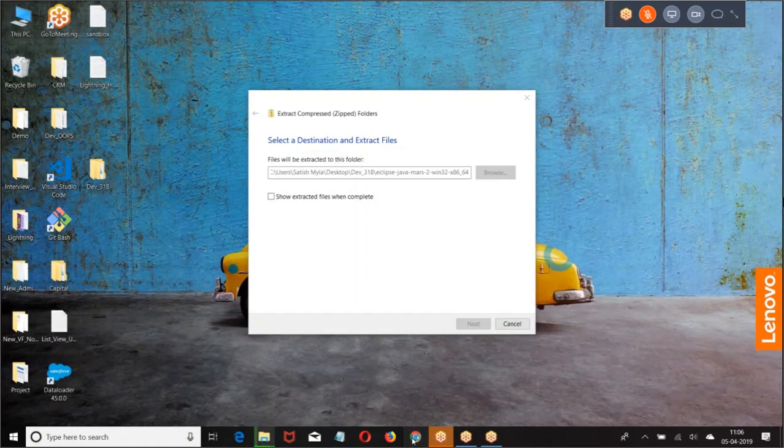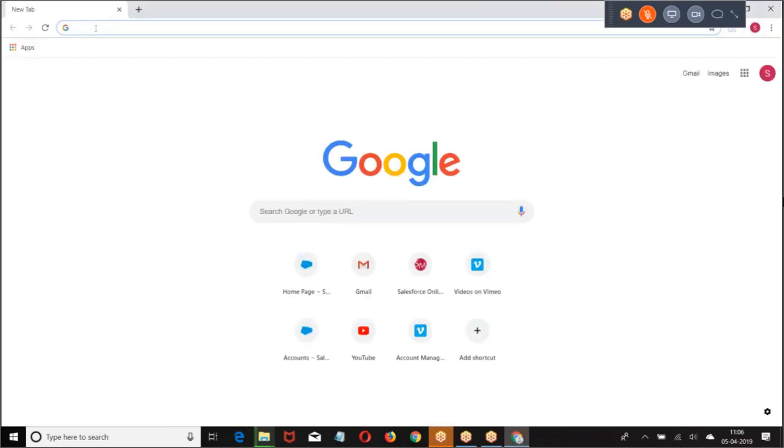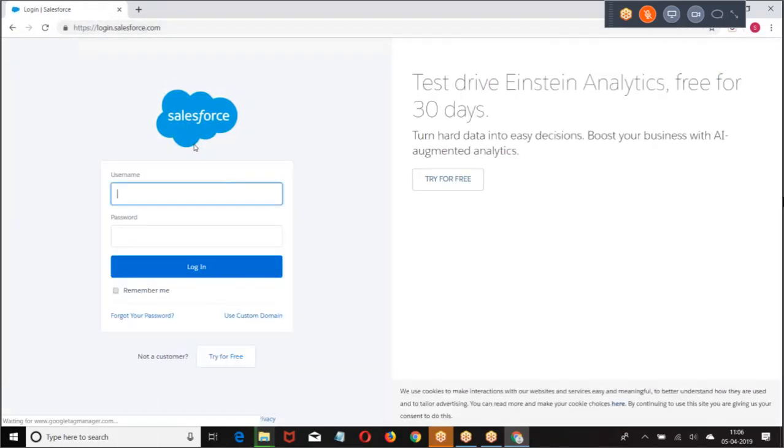When you want to deploy using ANT, first thing that we need to do is download the ANT migration tool. How do you download the ANT migration tool?